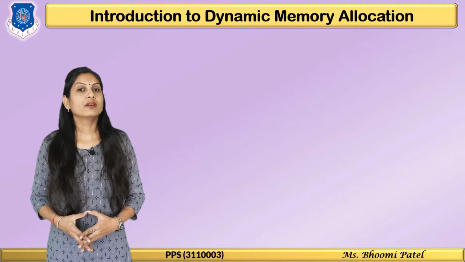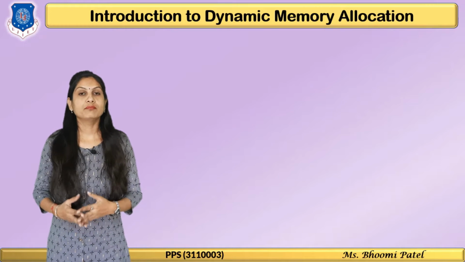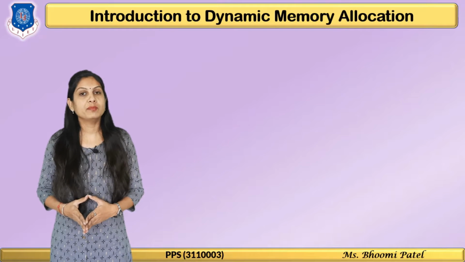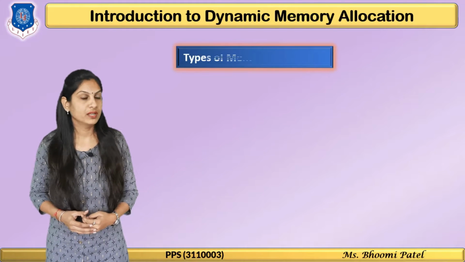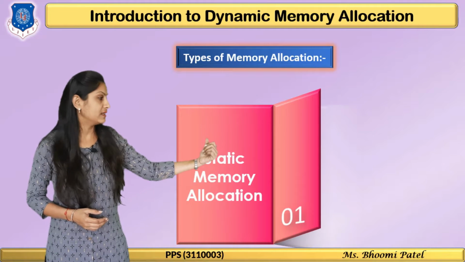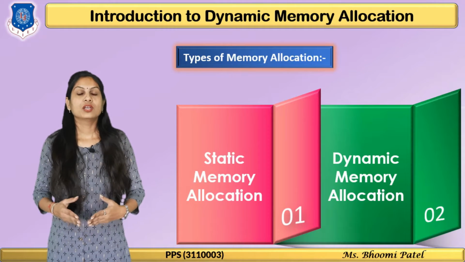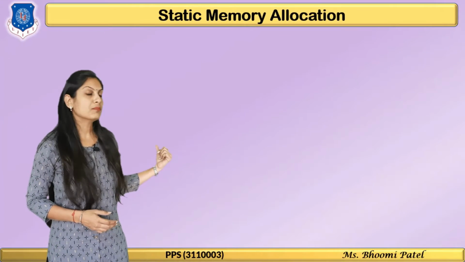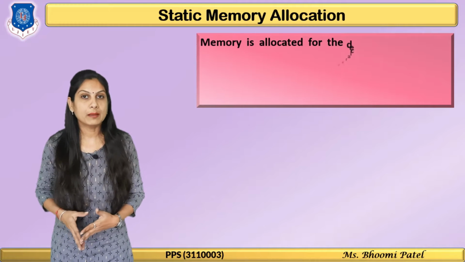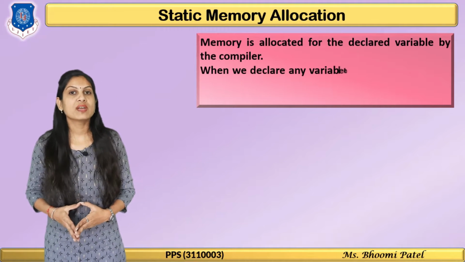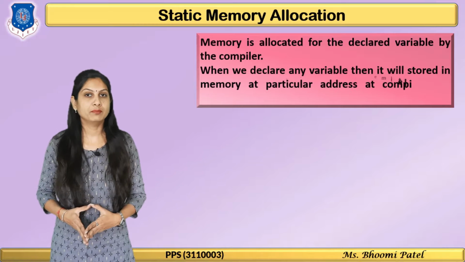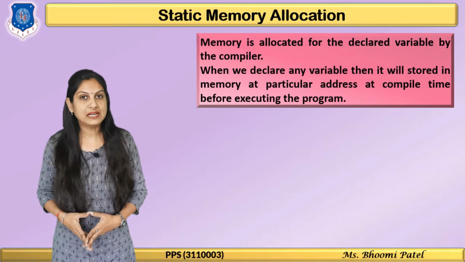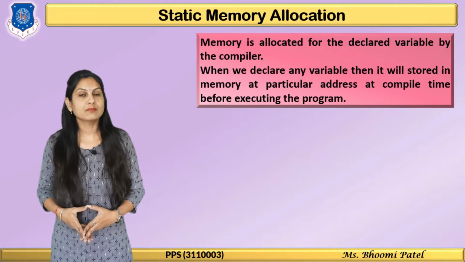Here the word is dynamic memory allocation, meaning we can allocate memory on our own, and it can be allocated in two different ways. First is static memory allocation and second is dynamic memory allocation. So first understand what static memory allocation is. In static memory allocation we allocate memory at compile time. Suppose we write a declaration of a variable like int a, that indicates we are allocating memory at compile time, and that is nothing but static memory allocation.